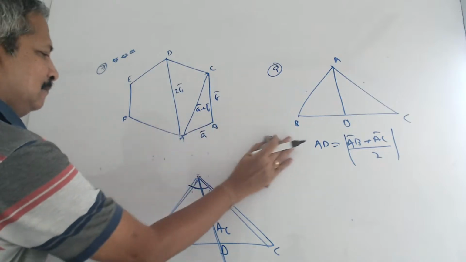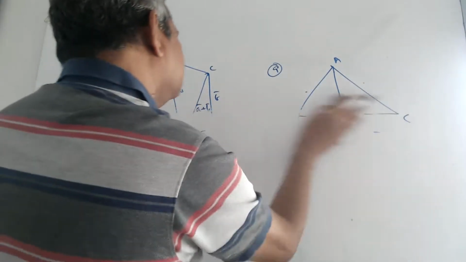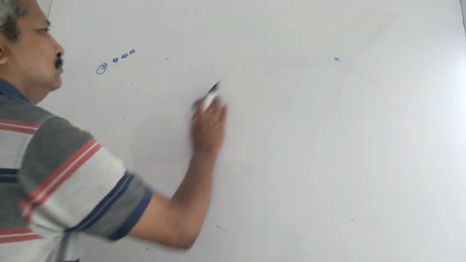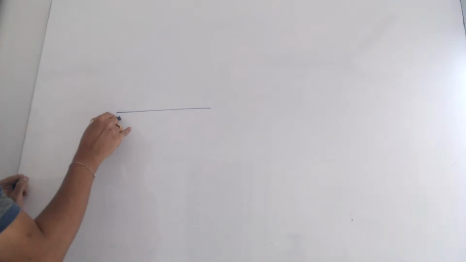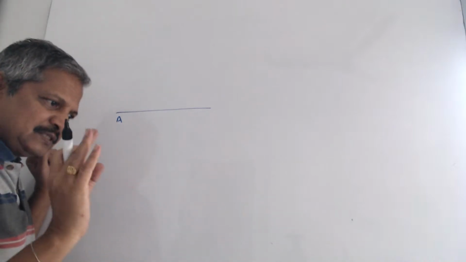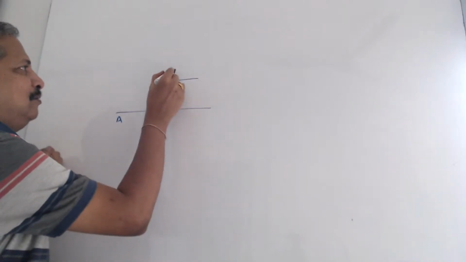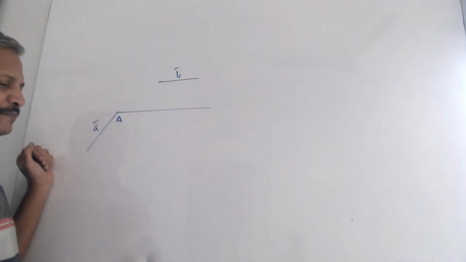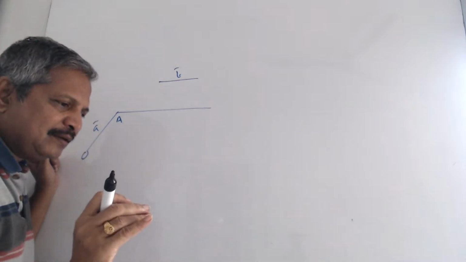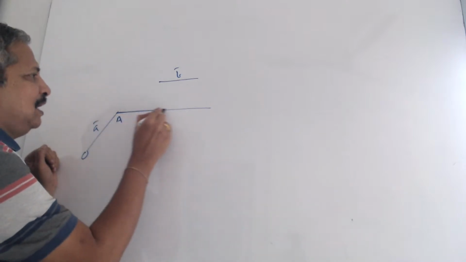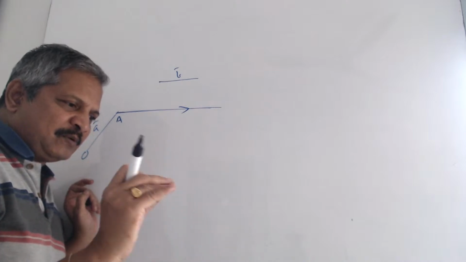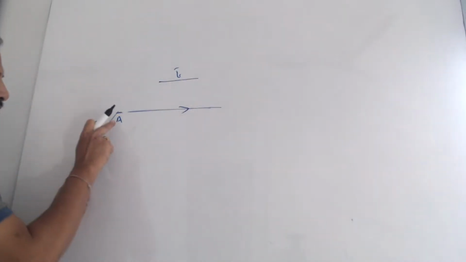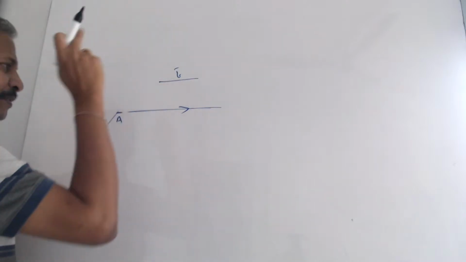So next point. Now, the next formula is the vector equation of a line passing through A and parallel to B, whose position vector is A bar. I will repeat. Vector equation of a line through A. Whose position vector? Position vector is nothing but that which is measured from a fixed point. So the vector equation of a line through A, whose position vector is A and parallel to B, is nothing but